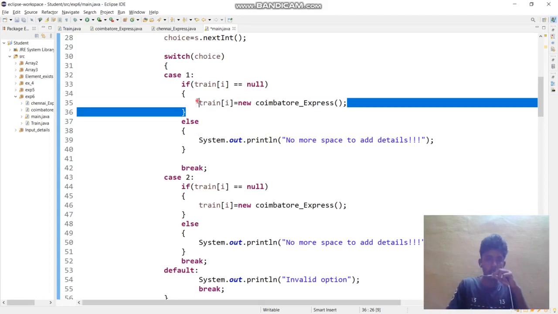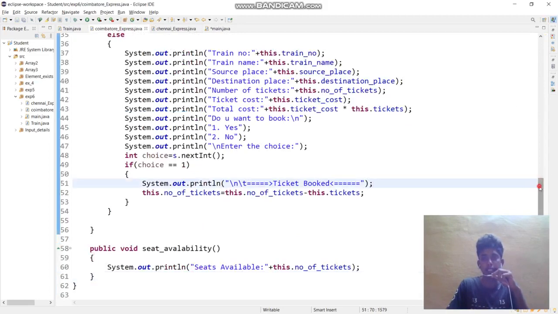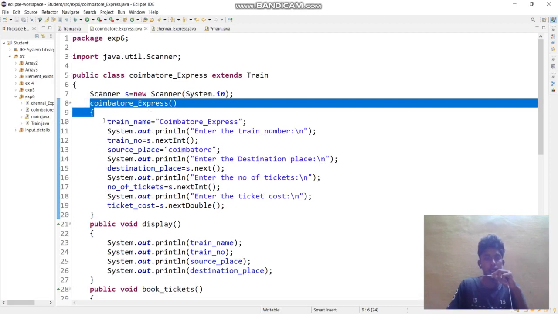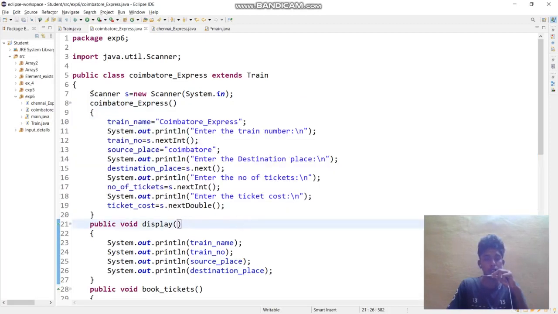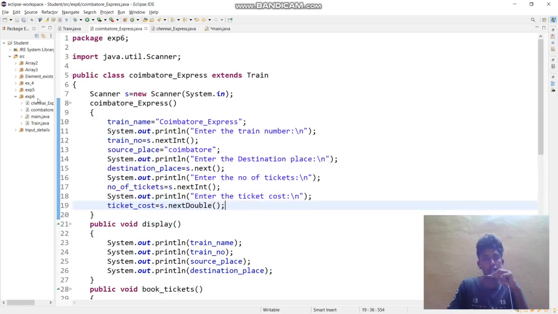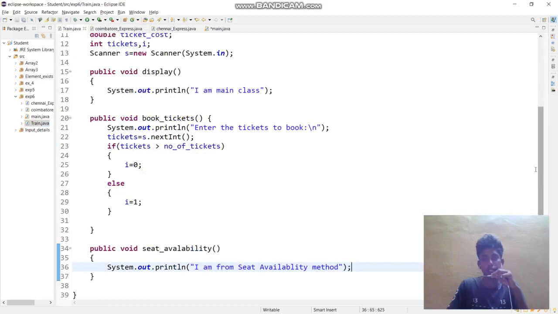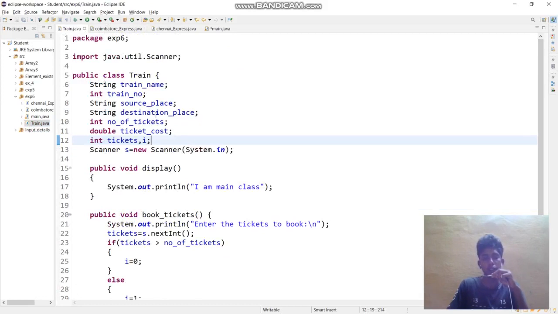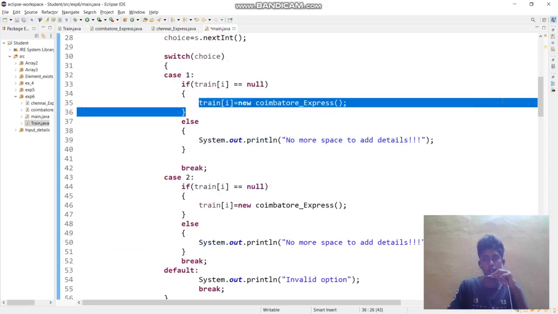Now after this, the compiler will go to the Coimbatore Express class, and the constructor will run. See here the constructor, it will run and it will get all the values from the user. That is why I have declared the attributes in the constructor for getting them. All the values will be stored in the superclass attributes. There will be many values for many objects. Now after that,